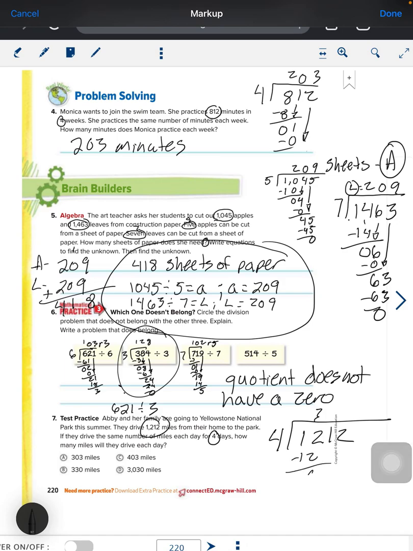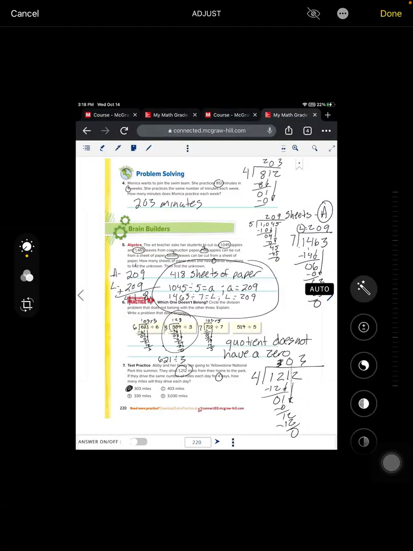All right, 4 will go into 12 because it definitely won't go into 1. So 4 will go into 12 3 times. 3 times 4 is 12. 12 minus 12 is 0. Bring down the 1. 4 will not go into 1, so we have to add a 0 up there. 0 times 4 is 0. 1, bring down the 2. 4 will go into 12 3 times. 3 times 4 is 12. There we go. We've got the proof. We can see the answer right there. All right. Rip it out and turn it